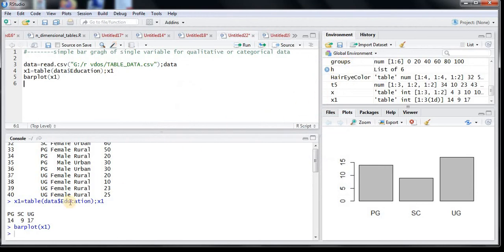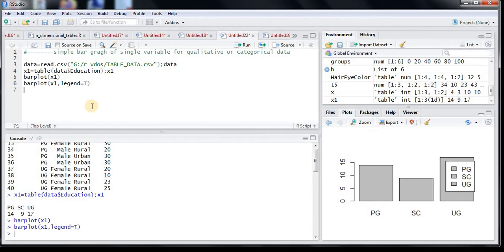Within this barplot, after x1, if I add legend equal to true, so T, and if I run this, the legend is obtained. One by one you can go on adding the things you want.